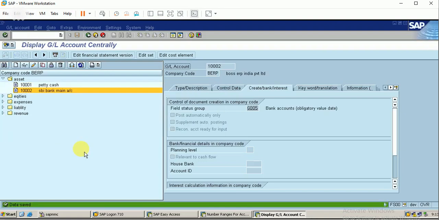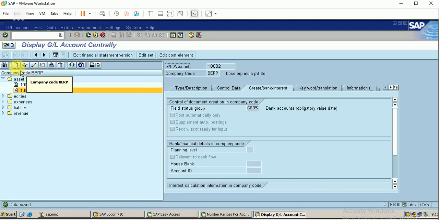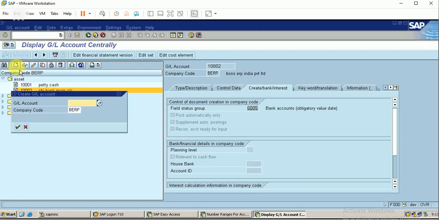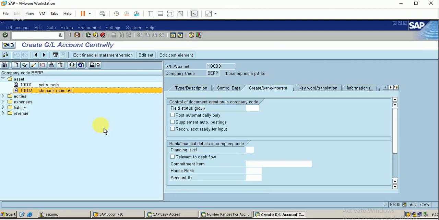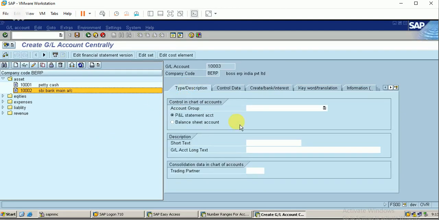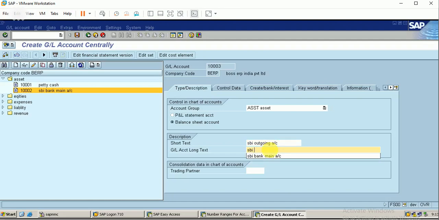This is the main bank account, but I cannot make payment through this account. So I create an outgoing account, and using this account only I can make the payment.